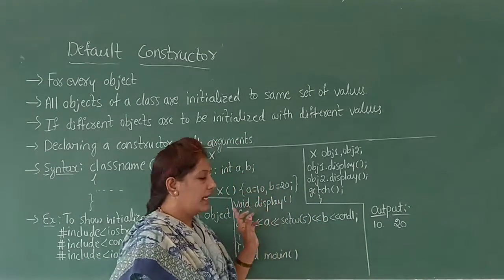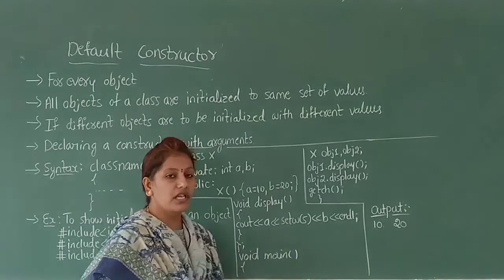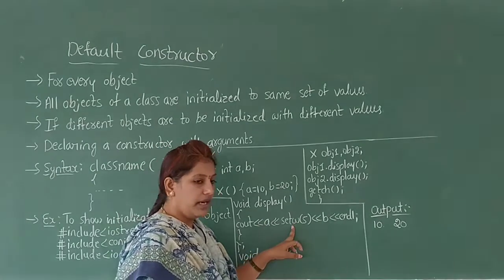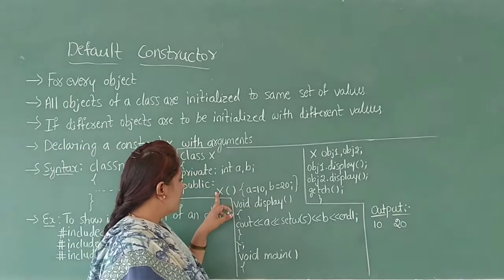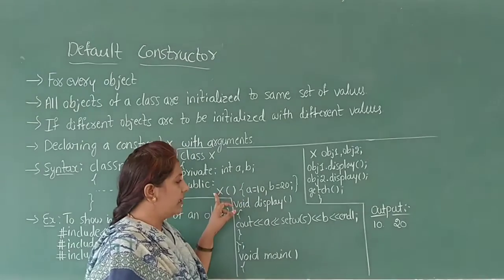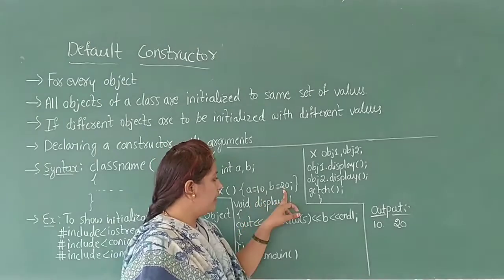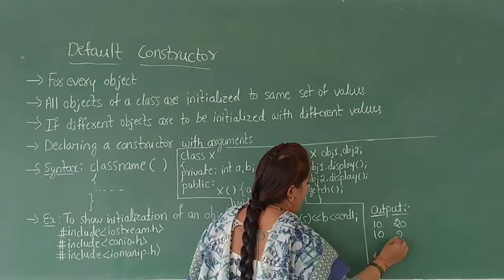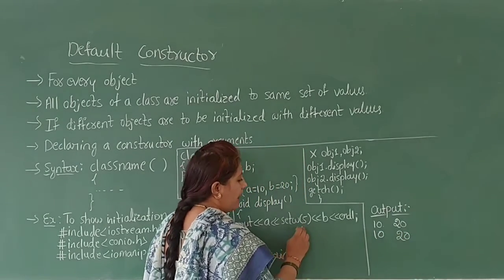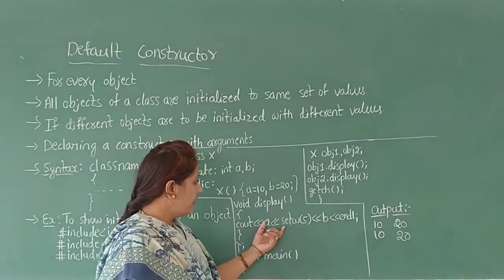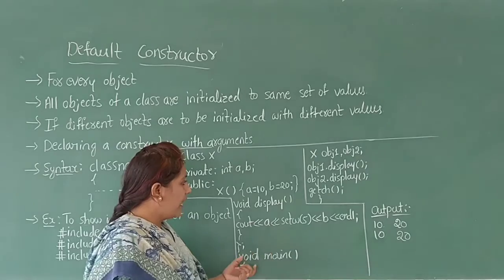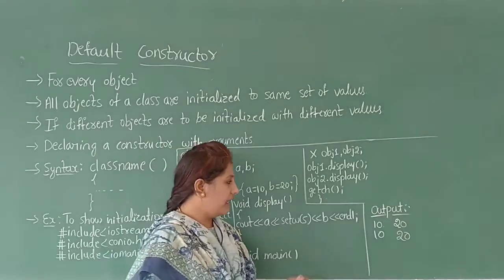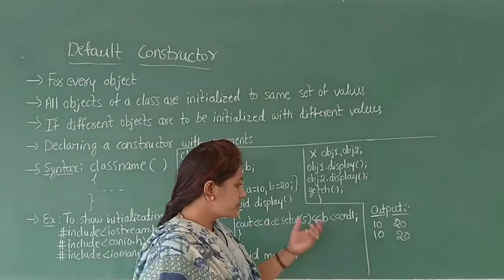Again the control goes to the display function and executes the following statements. Cout A, B. When this statement is executed, the default constructor X is automatically called and it reads the A value 10 and B value 20, and using these values it displays A value as 10 and B value as 20, with 5 character spaces in between. This member function ends and comes back to the main function. Then it sends the output to the screen, and then it ends the program.